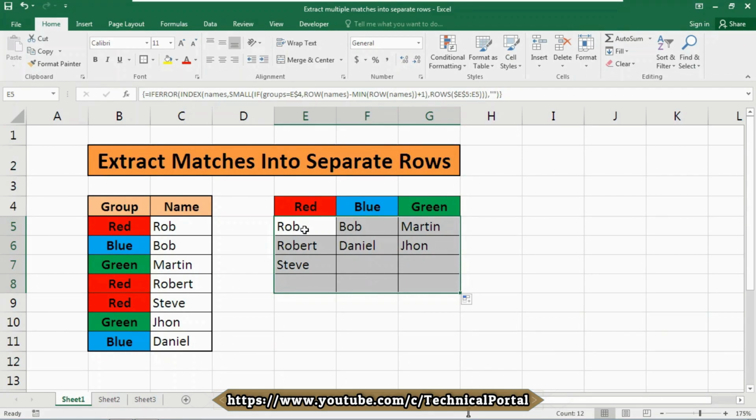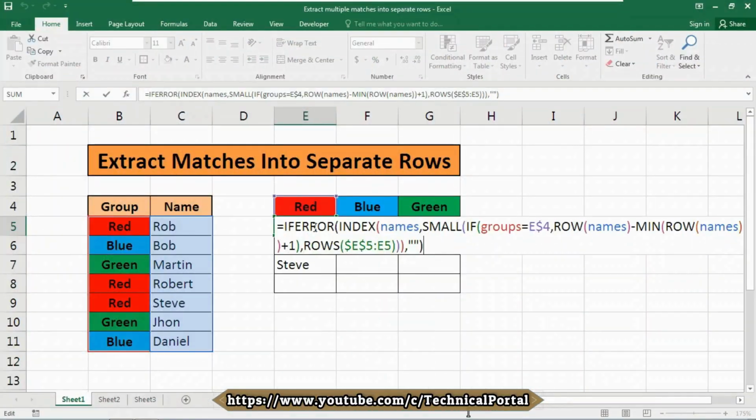So I know that now you have lots of questions, right? So let me show you how this formula actually works. The gist of this formula is like this. We are using the SMALL function to get a row number that corresponds to the nth match, right? Once we have the row number, we simply pass it to the INDEX function, which returns the value at that row only. The trick is that SMALL is working with an array that is dynamically constructed by IF.